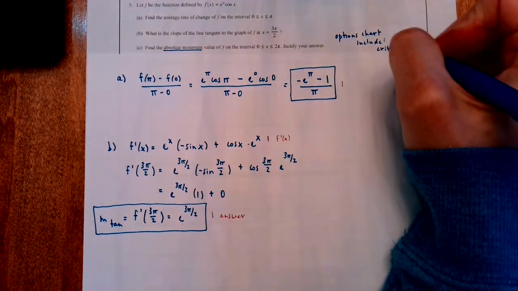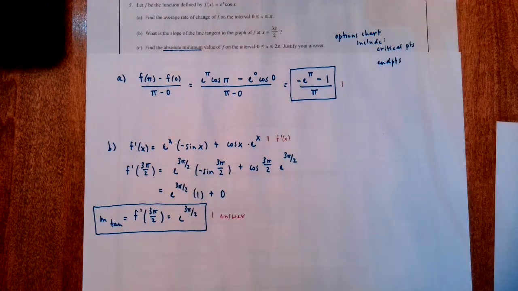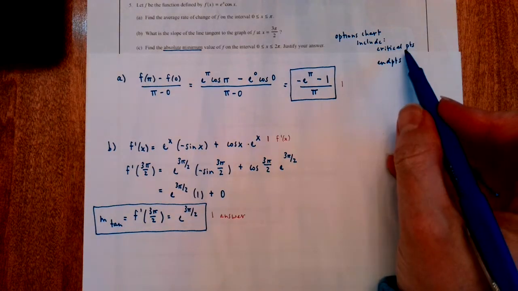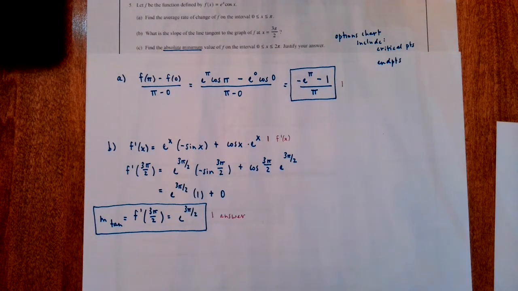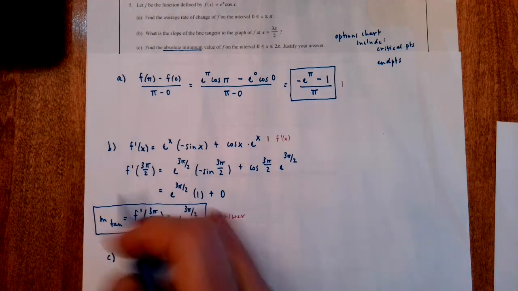Hopefully you can see that up there. Critical points and the endpoints. So the first thing I have to do is find my critical points, and I'm going to find those by taking the derivative and setting it equal to 0. So we have the derivative from part B,